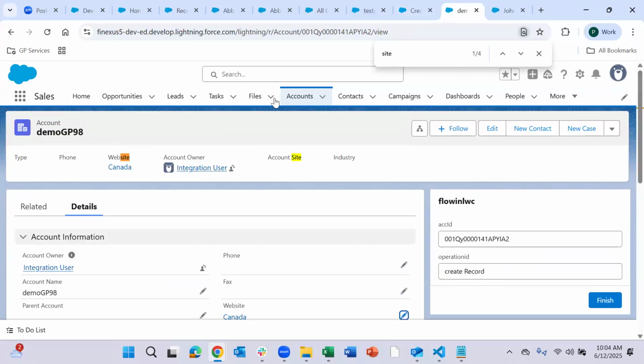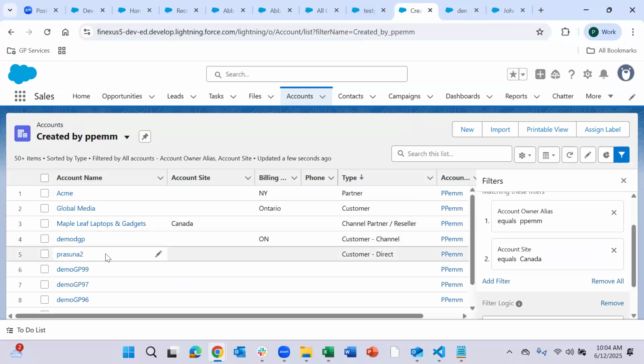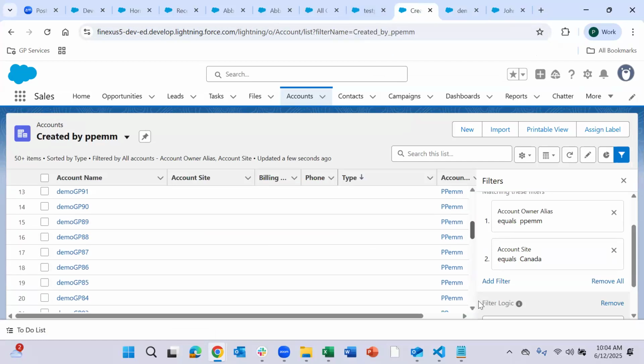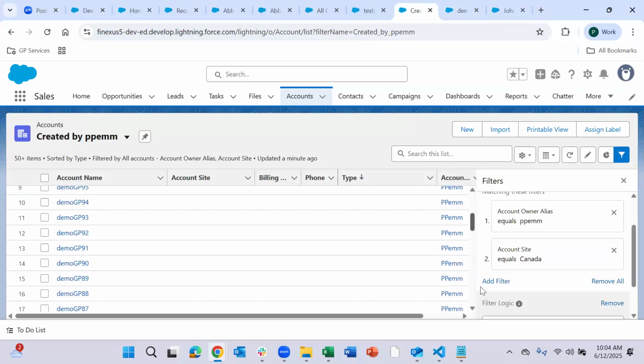So which record is this, demo GP 98? Where is this demo GP 98? Oh, this is locked actually. So account site is a read-only field where we cannot edit any value.